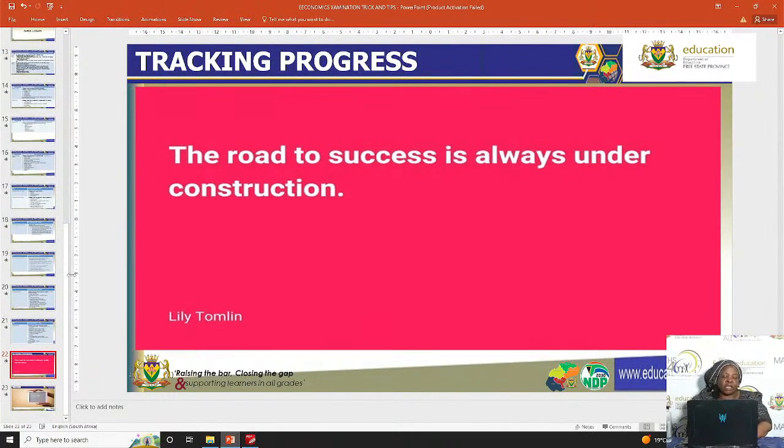And in conclusion, I would like to say the road to success is always under construction, and therefore keep improving yourself until such time you come to the examination room. And when you write, you must do it right the first time so that when you are done with matric, you are done. It is about going to higher education. I wish you well in your